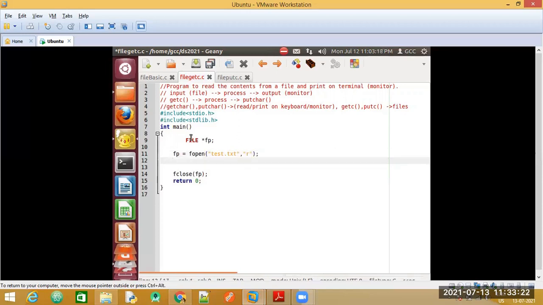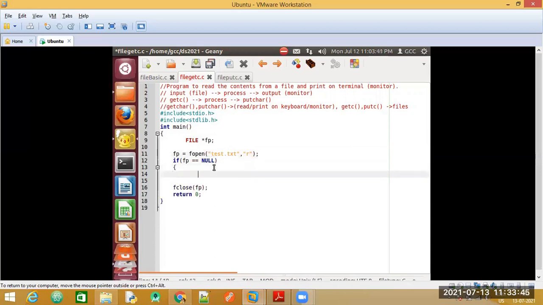The next thing is we need to be sure that the file exists. So we will make use of the condition that we have studied. We are going to check if the file pointer is pointing to null. Pointing to null means the file that we are trying to open here, test.txt, does not exist in the computer.